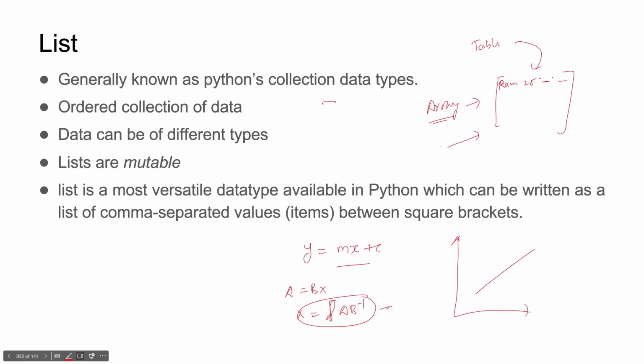If you talk about an image, what is an image? It is a matrix of something like this, 720 by 720. Each pixel is representing some value. So the matrix is important. Due to this matrix or array operation, they